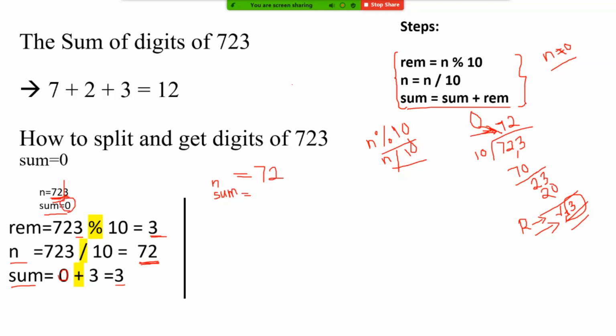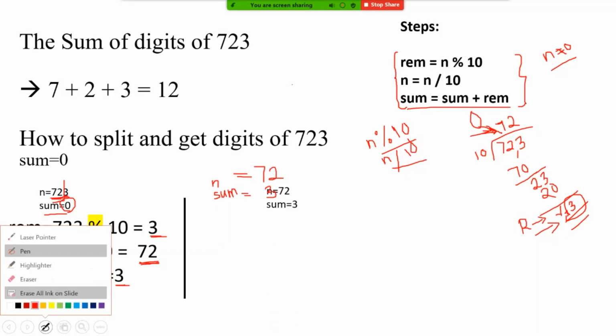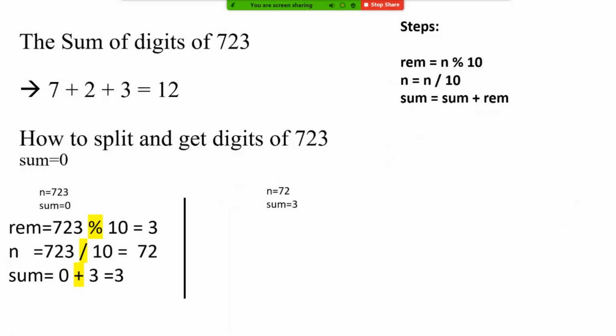In the first step, we gave input as sum equal to 0. After the first step, we are making it 0 plus 3. We added the first remainder to sum, and now the sum value is 3. So we are passing to the second step sum equal to 3 and n equal to 72.